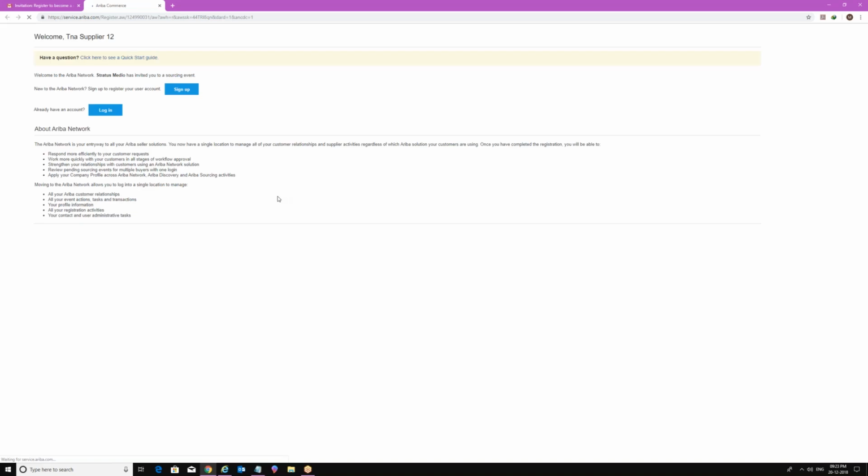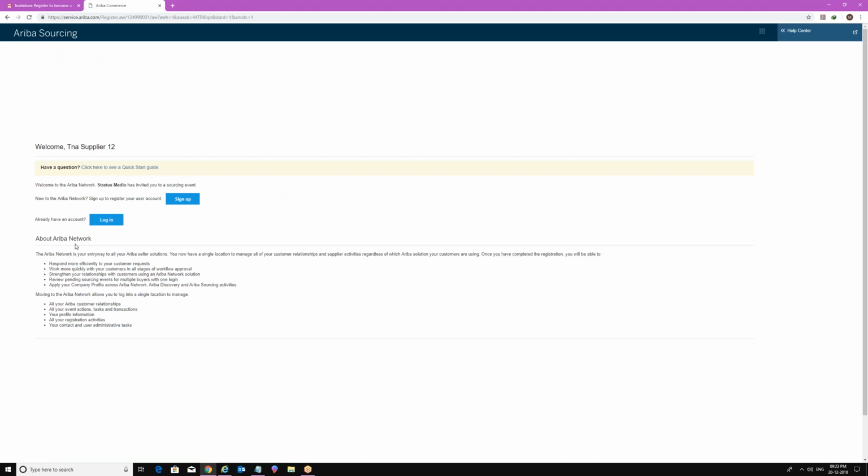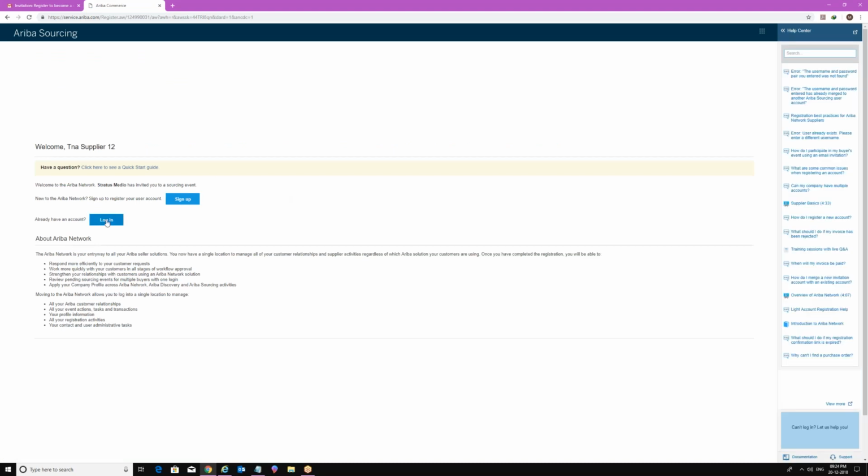Once you are there within Ariba network, the system will ask you for two different things. If you don't have a credential, you can sign up, or if you already have a credential, you are just going to log in over here.